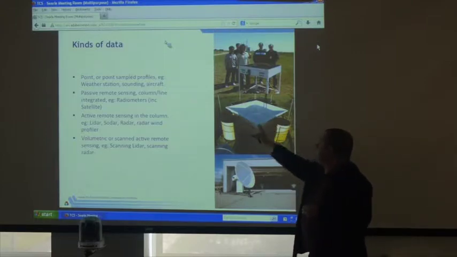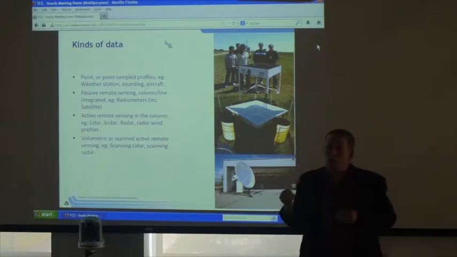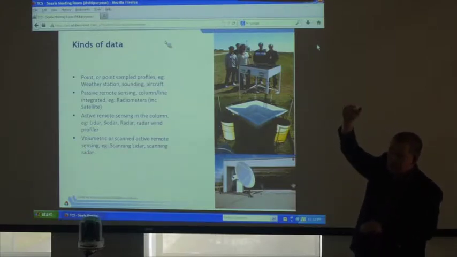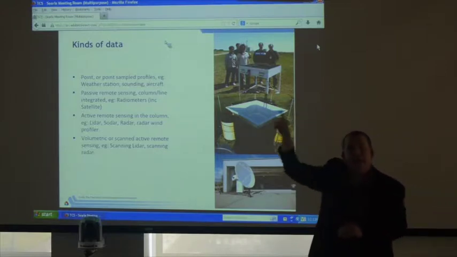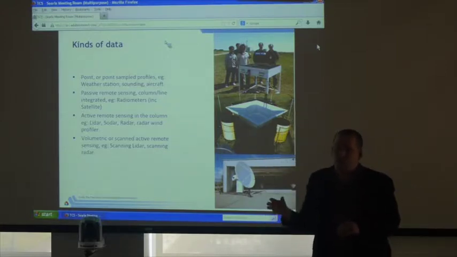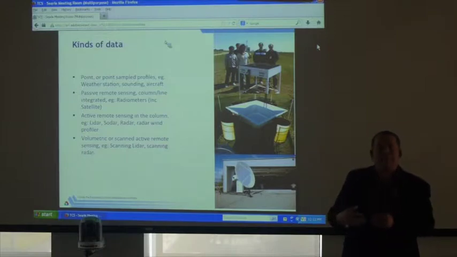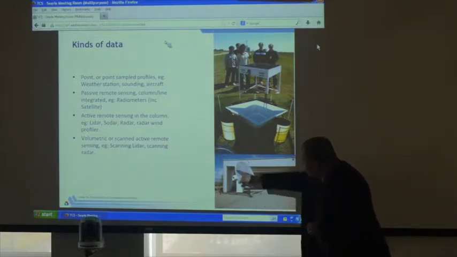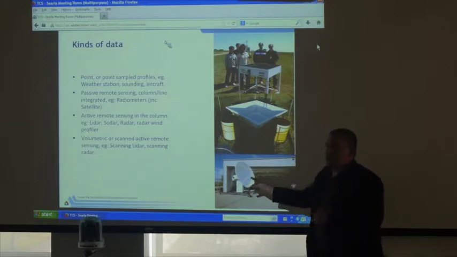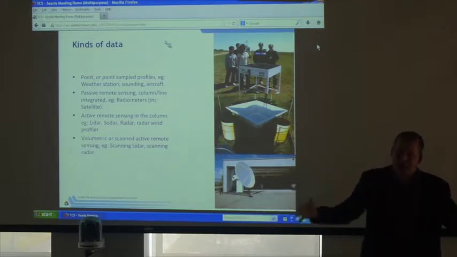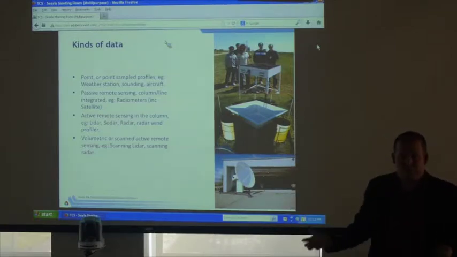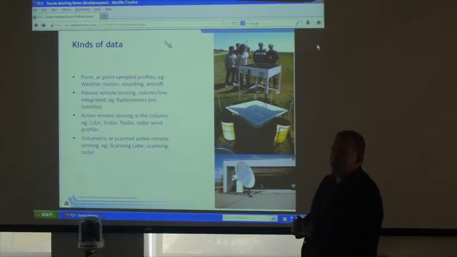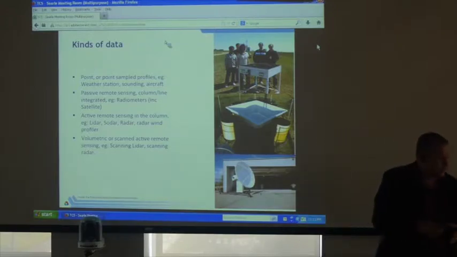This is what we call a radar wind profiler. It works at 915 megahertz, sends beams of radiation out that scatter off turbulent eddies inside the atmosphere. So we're actually able to measure that turbulence and back out the wind speed as a function of height from that. And this is a scanning precipitation radar. Often when you see these radars, they're behind great big golf ball domes that protect them from wind and people literally shooting at them, which is the problem we have in Oklahoma. The technicalities of field work.